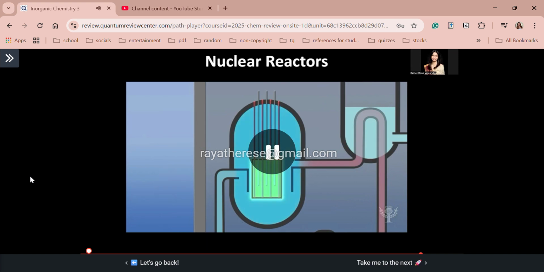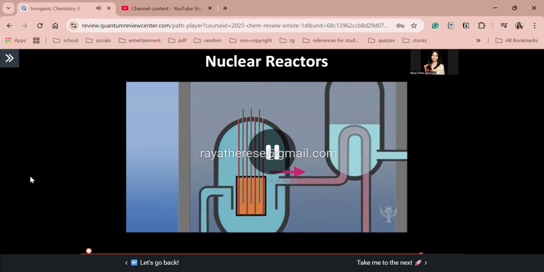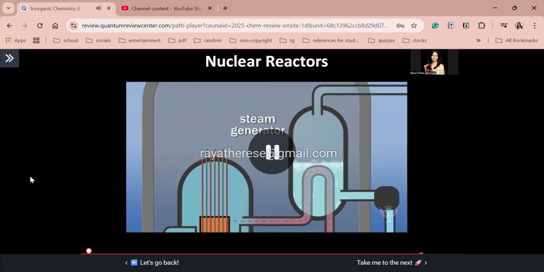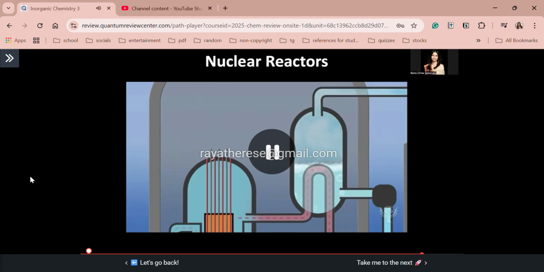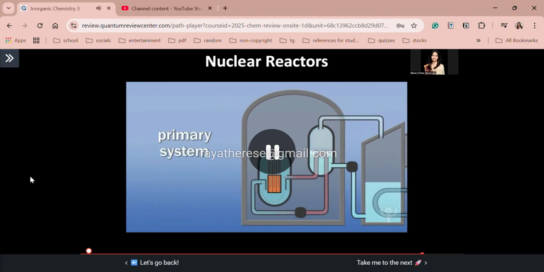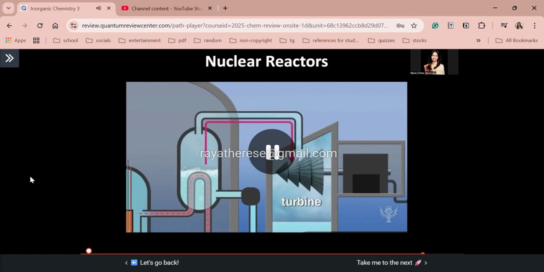They are submerged in a vat of cold coolant, usually water, which is then heated. The heated coolant moves through a pipe into a steam generator. There, the heat energy carried by the coolant turns water to steam. Together, the reactor, steam generator, and all of their connecting pipes are known as the primary system. The steam moves through a pipe to a turbine, which is the start of the secondary